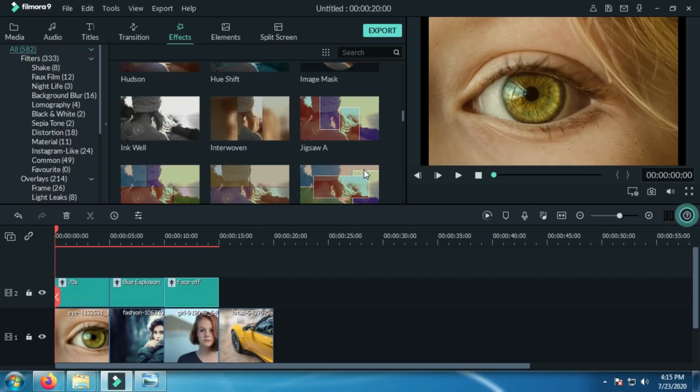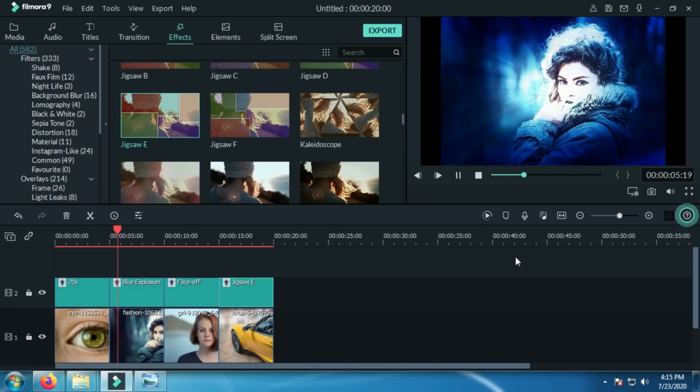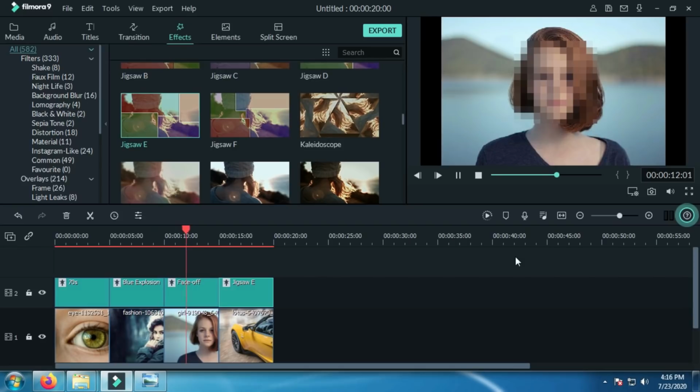Just drop here. I'm adding some 3 or 4 effects. Okay, let's play. See, the effects are successfully applied on the photos.